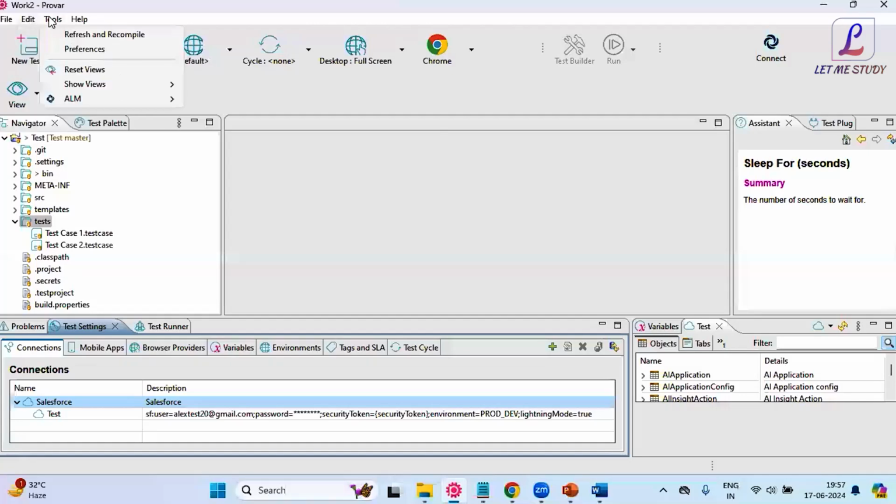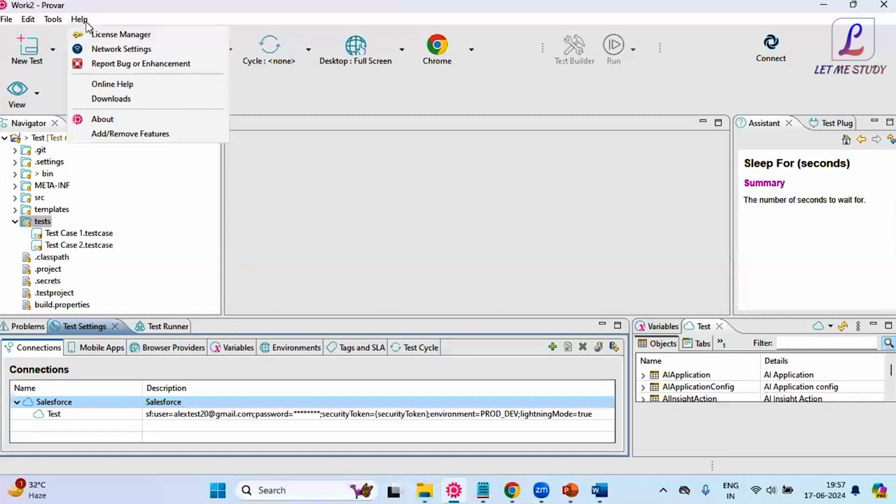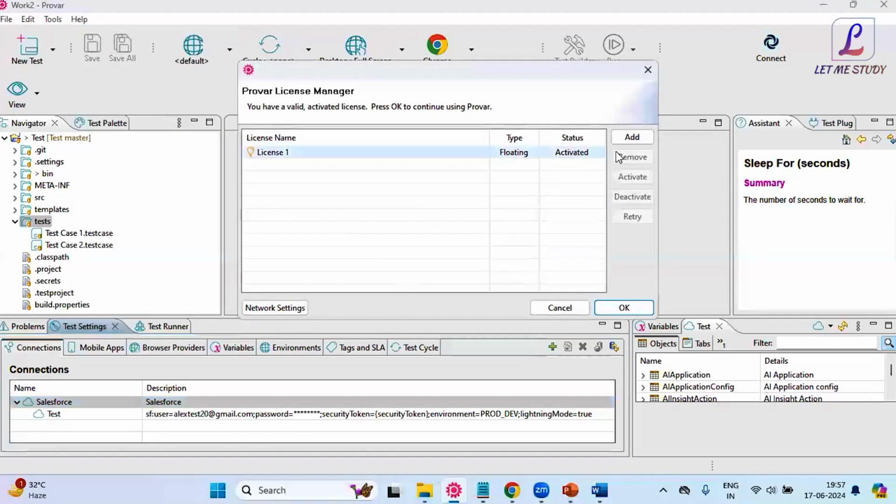Let me show you this one. If you click on Help, there is a license manager. You need to add your license. You need to test that license to see if it is working, and also keep in mind to select the type as floating license. Floating license, and just test that license. It should show something here, completely accepted successfully, in green color. After that, this status will be deactivated. You need to click this